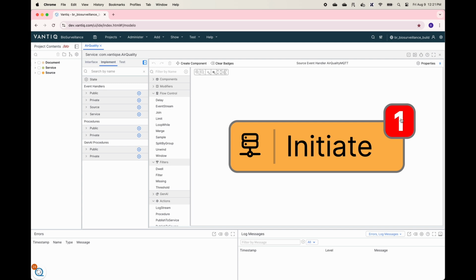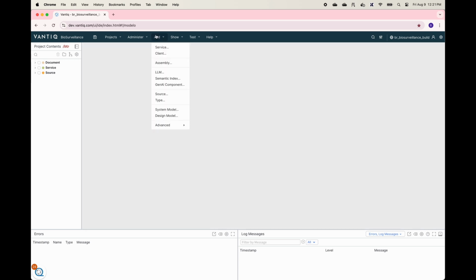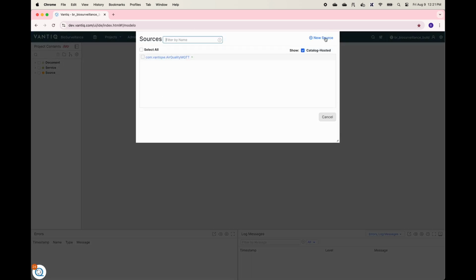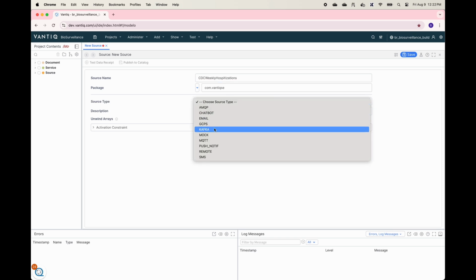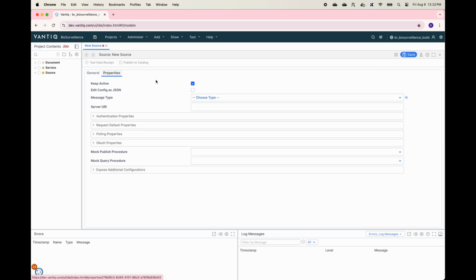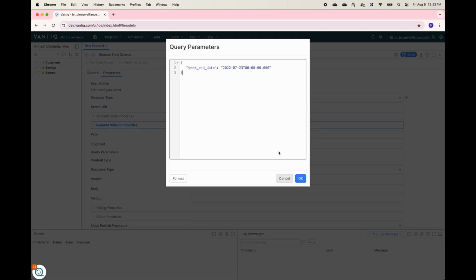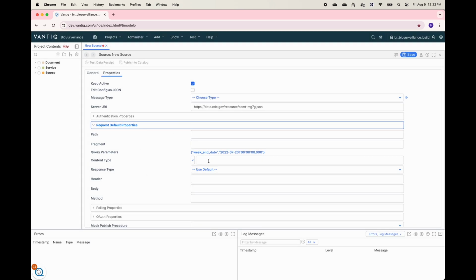In our next source connection, we'll connect to a REST API from the CDC, which can gather weekly hospital incident reports. Once again, we create a source, only this time we choose the remote option, which lets us connect to a REST API. We enter in details about the connection like the URL, path, and any necessary parameters such as API